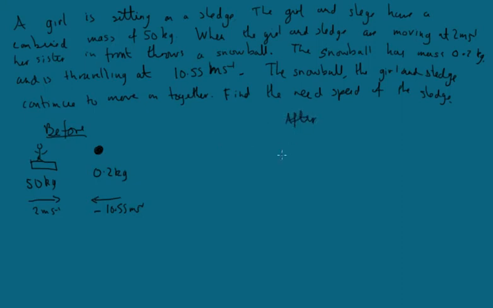After, we've got the girl and her sledge, and the snowball, which wouldn't be a ball anymore, it would just be a lump of snow on the sledge, moving off in this direction with some velocity that we don't know. The combined mass will be 50.2 kilograms, because we've got the sledge and the girl plus the snowball. So let's look at the total momentum